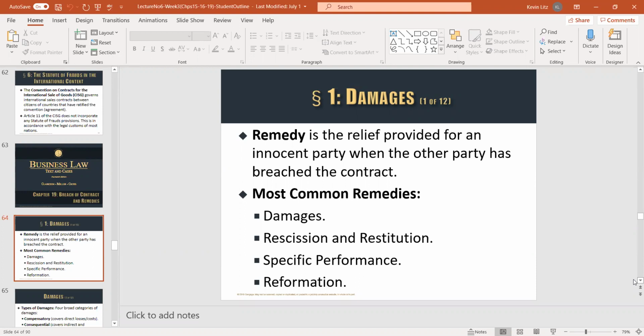So if you and I have a contract, whoever has broken the contract or breached the contract, breached is just another word for broken when it comes to the contract, the other party can ask for one of four things usually. I want money, I want rescission, we'll declare it never in existence. I want you, judge, to force specific performance. In other words, they have to do it. Or judge, I want you to reform or essentially rewrite the contract to make it fair. Let's look at each of those.